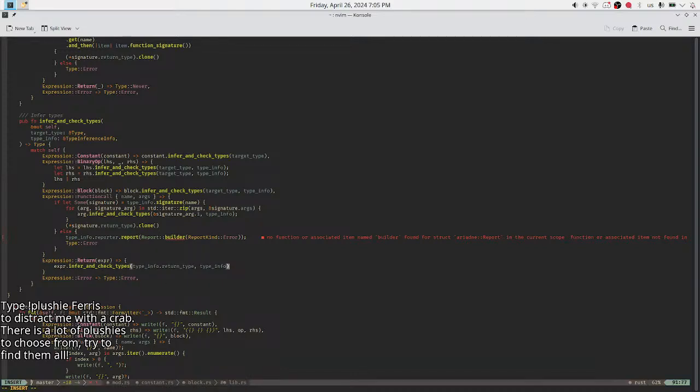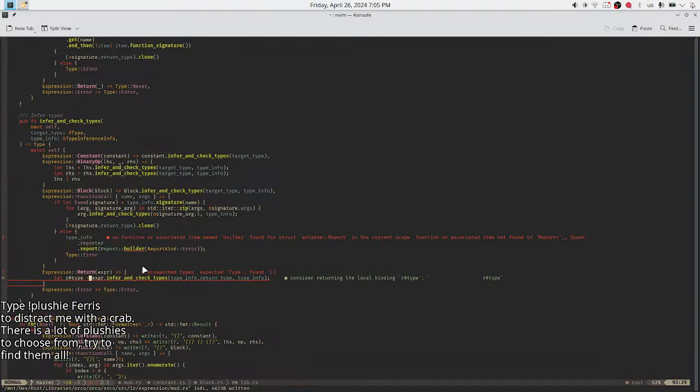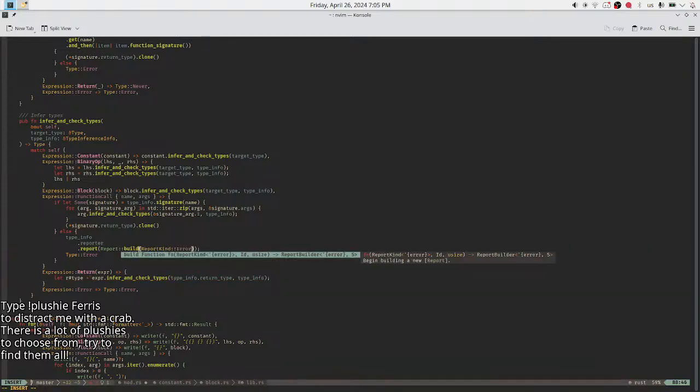Return expression from check types. I need to hash type. I need to, I guess, build.